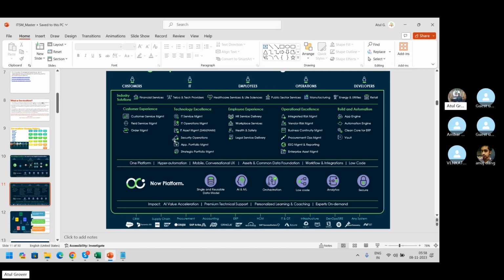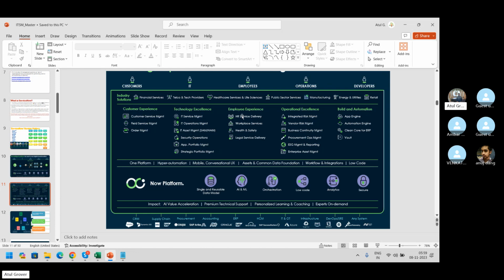Security operations, called SecOps: vulnerability, threat intelligence, security incident response. How to tackle that? It is there. Then app portfolio management and strategic portfolio management. No idea. It's strategic something on the ITBM part. Maybe they have brought it here. So these are mainly related to your business when you're running any project.